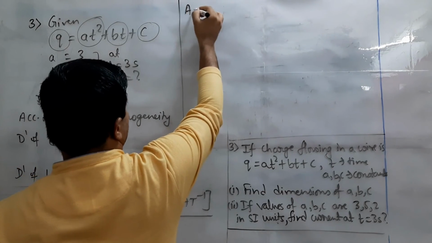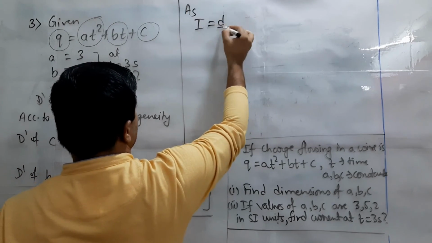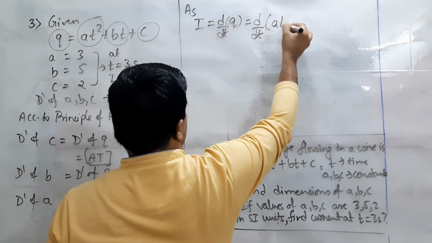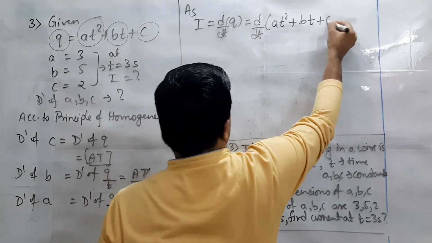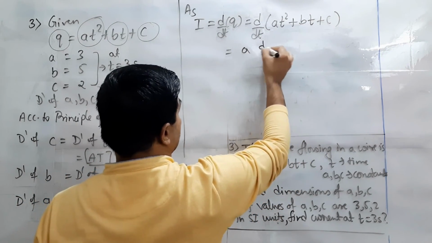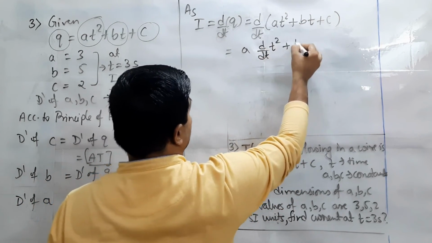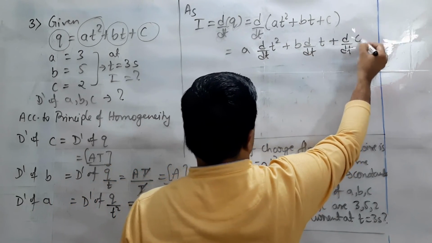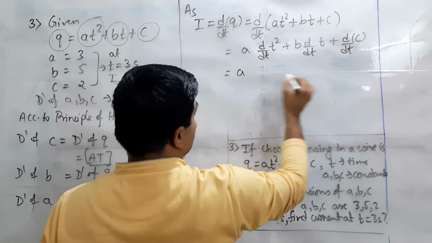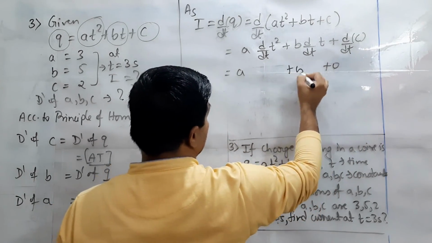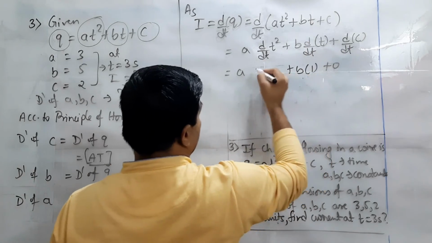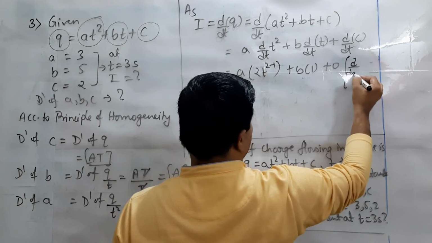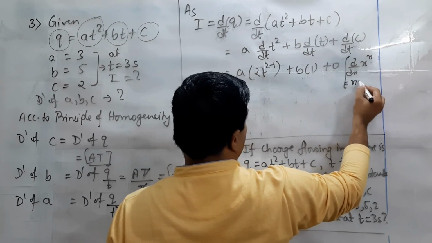So for this we have, as current is d by dt of Q, where the value of Q, if we substitute as AT square plus BT plus C, after distribution we will have A d by dt of T square plus B d by dt of T plus d by dt of C only, C alone constant, so it will give answer 0. dt upon dt will become 1, and this T square is 2T, 2 minus 1. This is from the famous relation d by dx of x to the power n is equal to n x to the power n